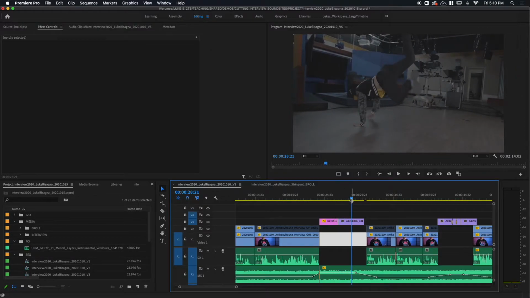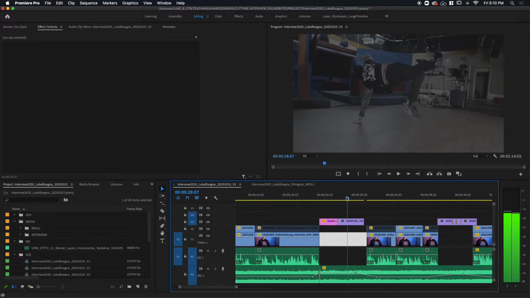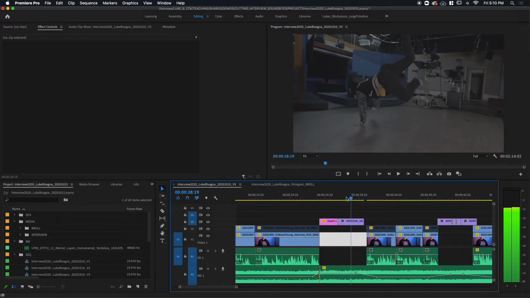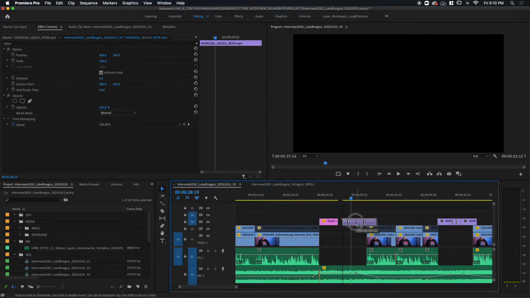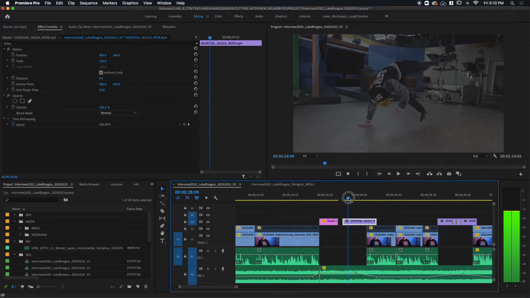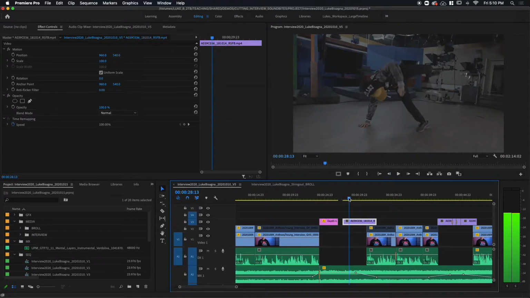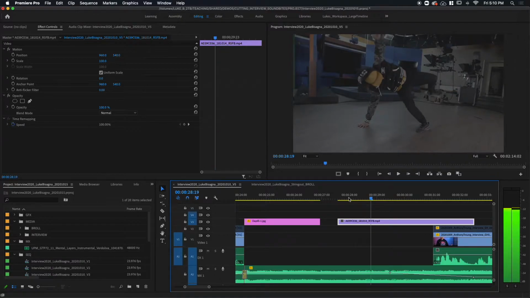That one right there. That snare hit. So I'm going to arrow forward until I hit that. Right there. That's it. And I'd like to have his foot contacting the ground here be lined up with that. So you can see if we go through the clip here, there's where his foot actually contacts the ground right there. And I want that to be on the snare hit. So the snare hit's right there.